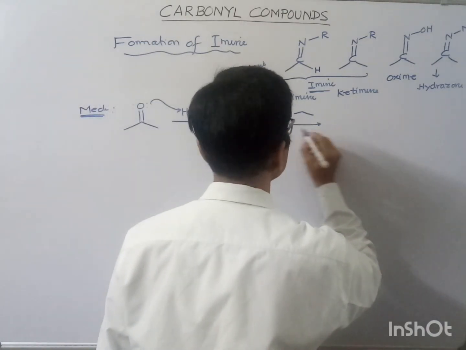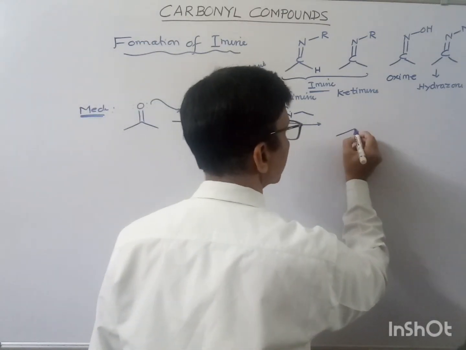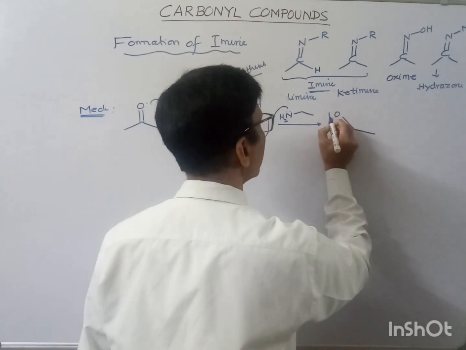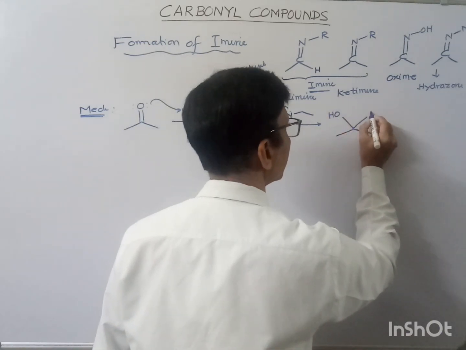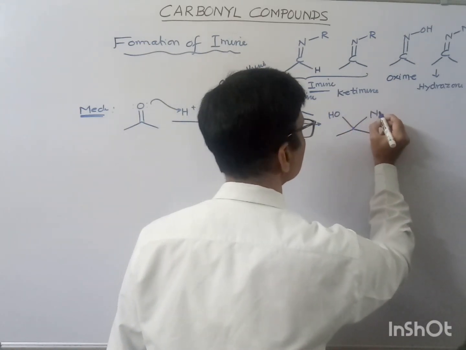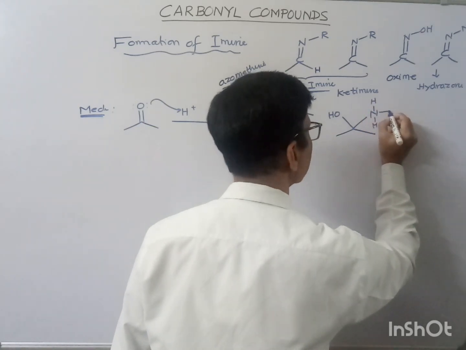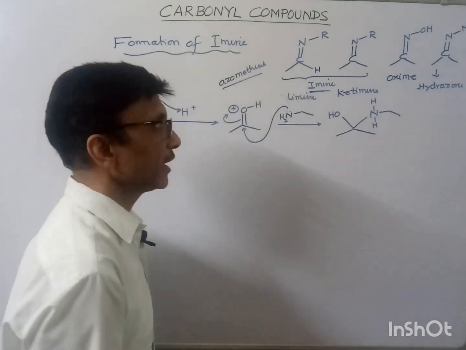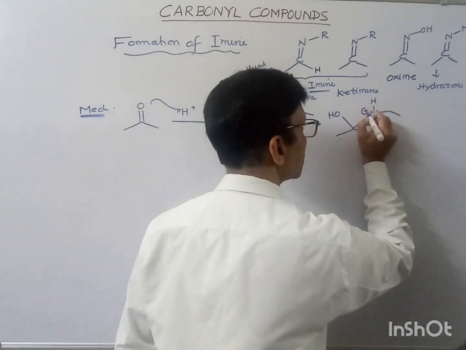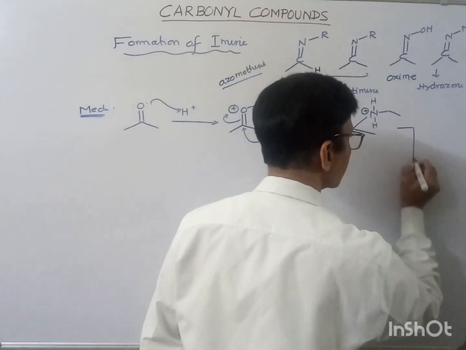Now this ethylamine can attack over this strong electrophilic center. The pi bond breaks, and the positive charge will get neutralized. We have OH over here, and we have NH2, with one hydrogen over here, another hydrogen over here, and the positive charge will come over this. Now in the next step,